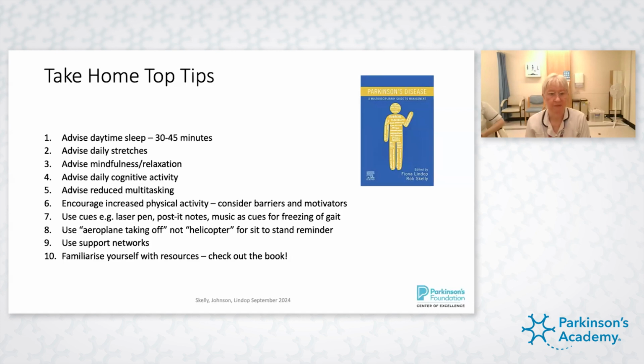That's almost impossible. Use your support networks for you, but also you can point patients to support networks, but also familiarize yourself with resources and evidence-based advice. And that means that we can't go without saying, check out the book that's got lots of advice in it. There's a picture of it and the title. Daiga's holding it up at the moment. Because everything we've talked about today is in the book, and everything we haven't talked about today is in the book. So thank you. I think we've just managed it in time, leaving a little bit of time for questions